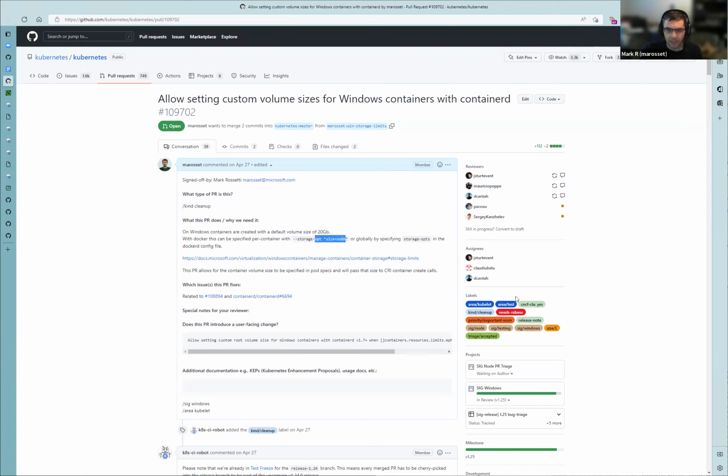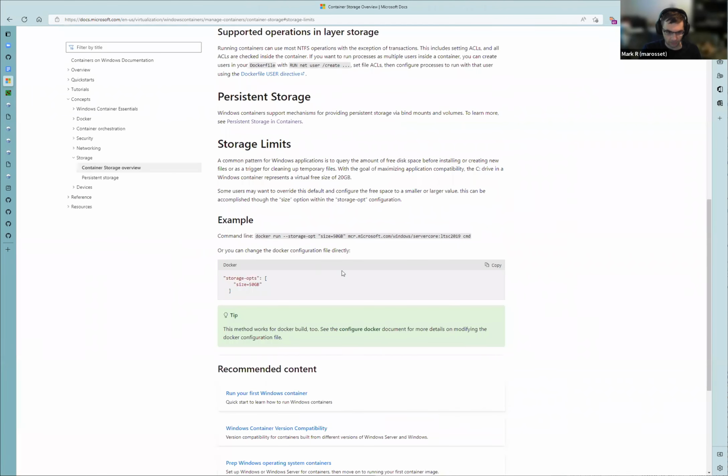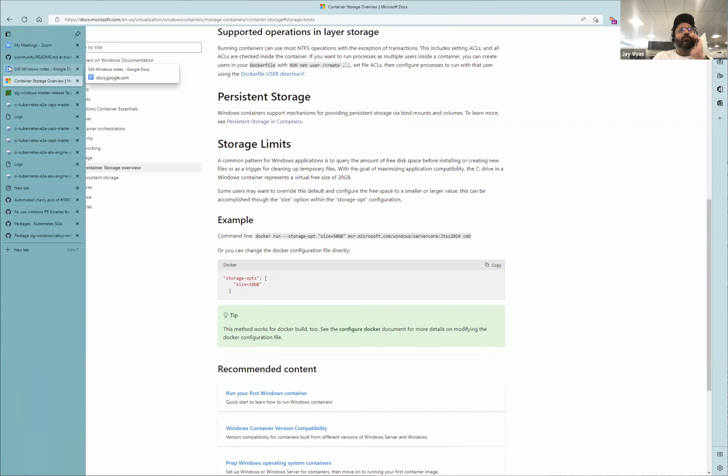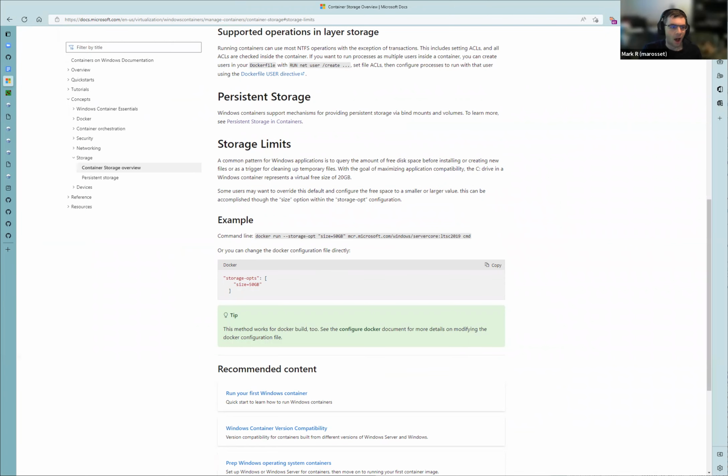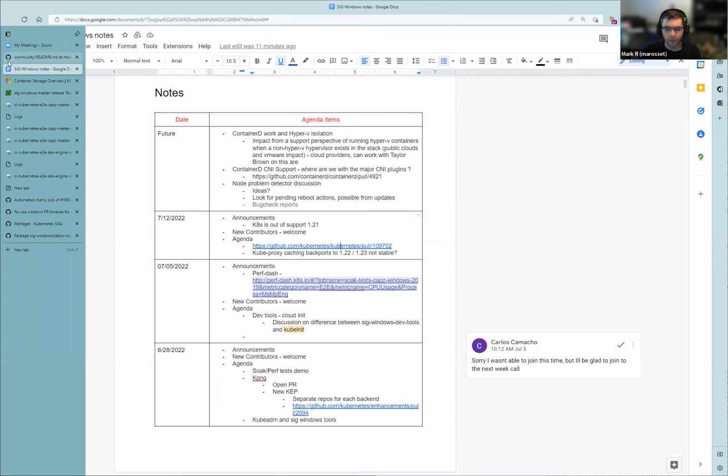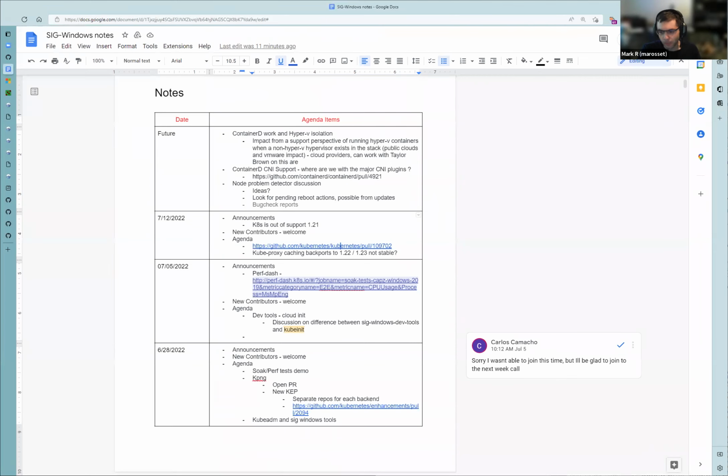And there's more details in this PR about what exactly happens with that. So this is, you made a new container, and this isn't a persistent volume. This is just the amount of storage for scratch. Yep. That is there for the image to write to, like in temp directories and stuff. Yeah. Essentially the C drive when you're inside the container. So we found that there's some people that needed to do processing of large data, and for whatever reason didn't want or weren't using persistent volumes.